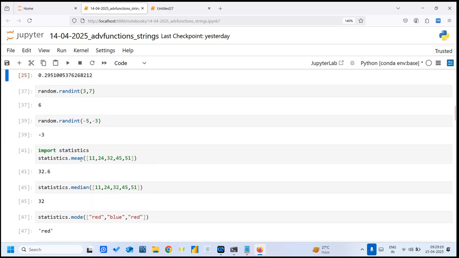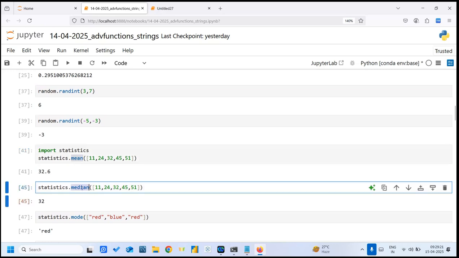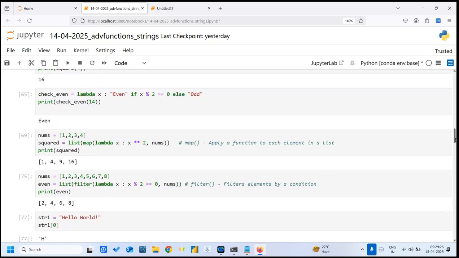Import statistics. So mean is a function. Median is a function within the statistics module. Likewise, here